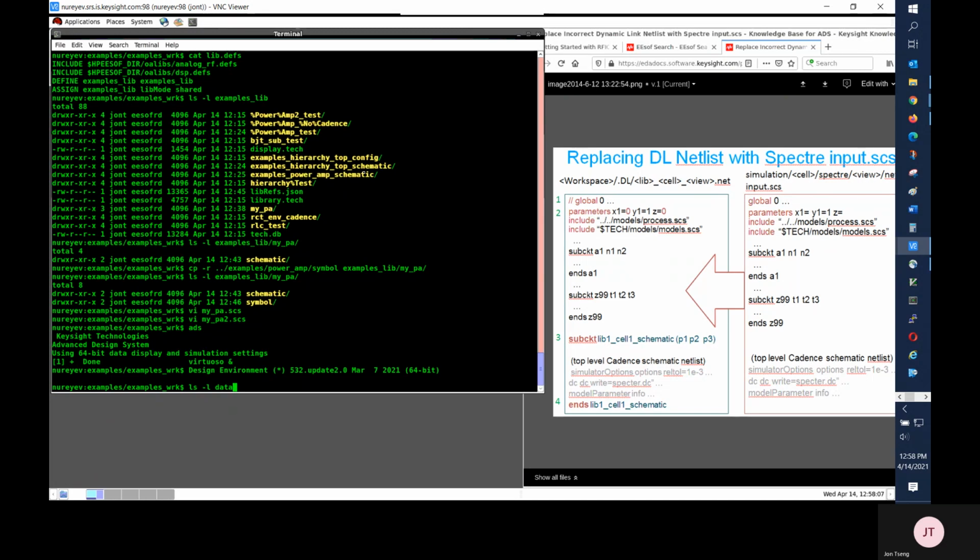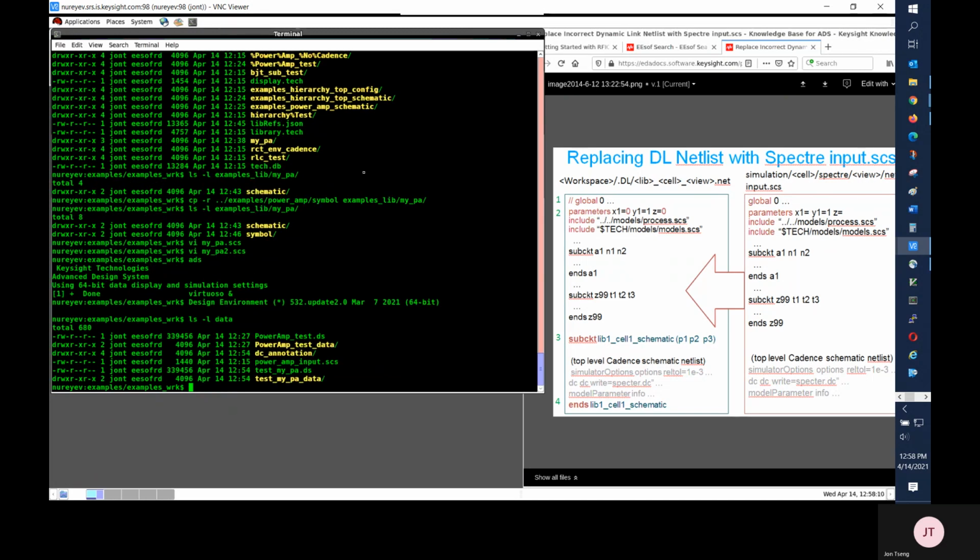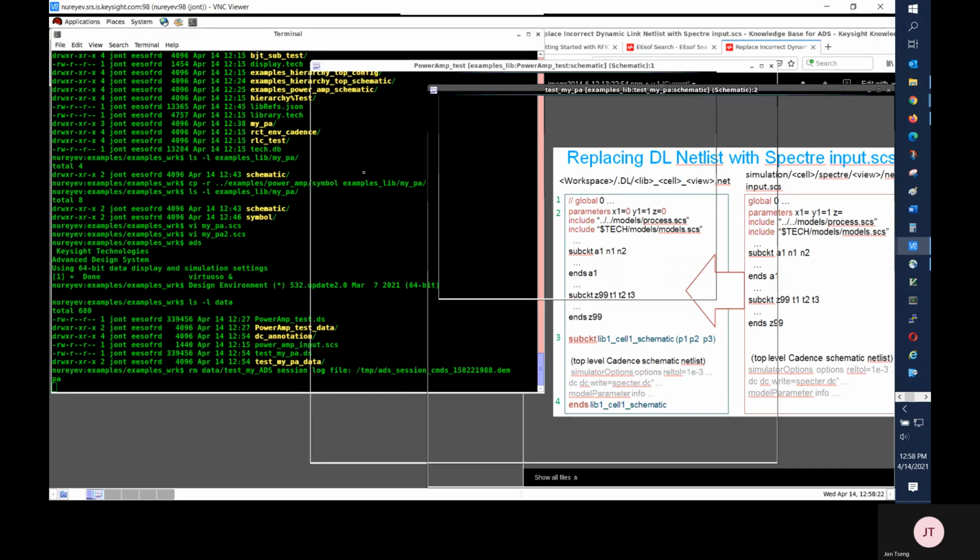But before that, I will delete the dataset. The standalone simulation should recreate the dataset.